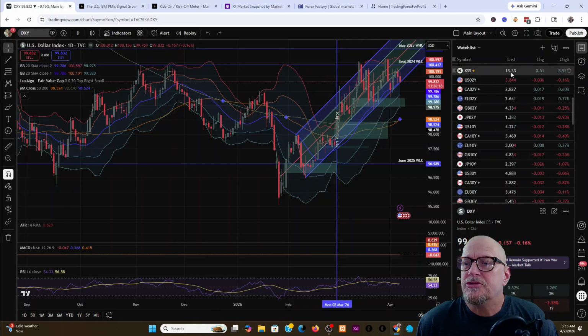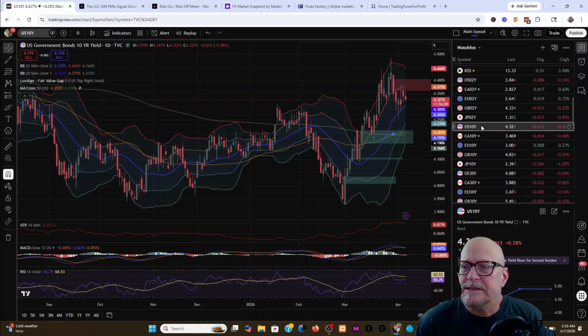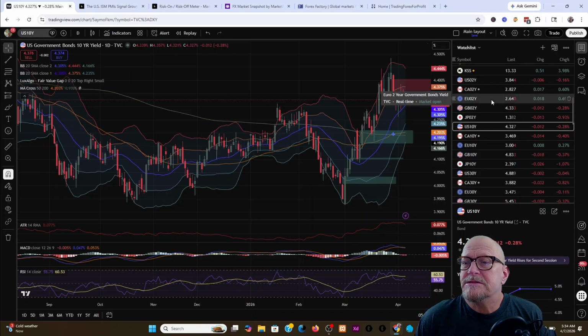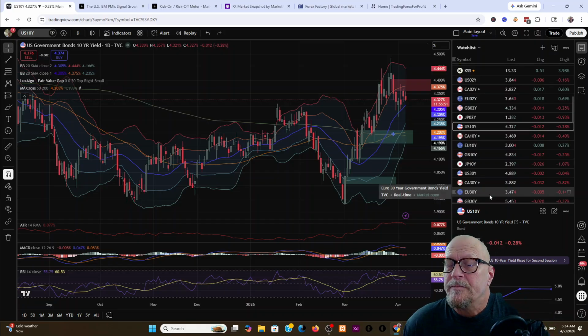Let's look at the US 10. Right there. I want to get in the habit of looking at this more often. The U.S. 10 yield is pretty much the driving force behind currency trading. It is the bigger one that everyone watches. Of course, everyone watches all the interest rates, but the U.S. 10 is the number one. And they're all coming down. How about that? So we are looking at dollar weakness,